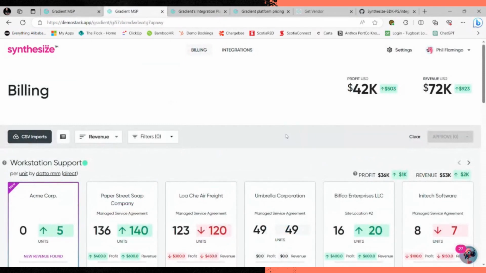But what that looks like now is you come into here. Whether you've done a CSV import or configured an integration, the integration experience is essentially the same: plug in an API key, map your clients, and map the products from that vendor to the products in your product catalog or service catalog of your PSA.